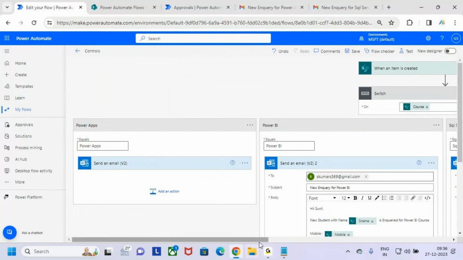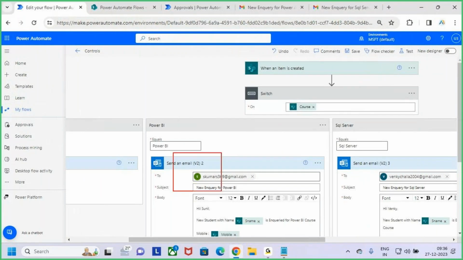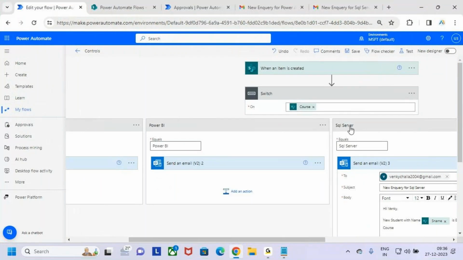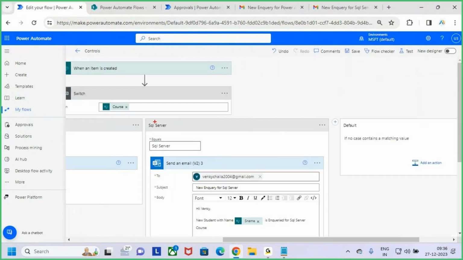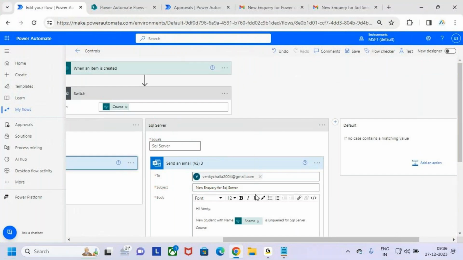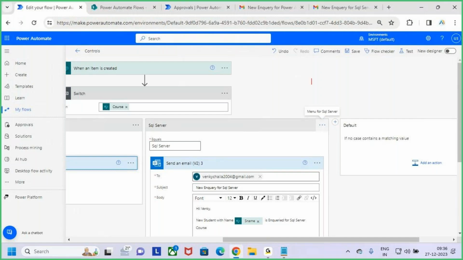If the course equals SQL, then I want to perform these actions. So other than these three courses, Power Apps, Power BI, and SQL Server,